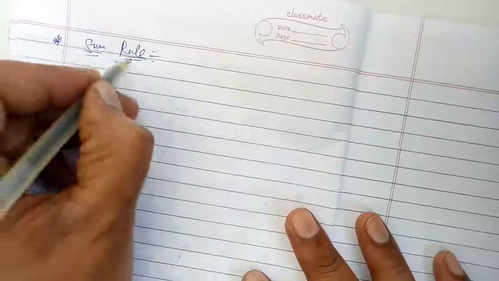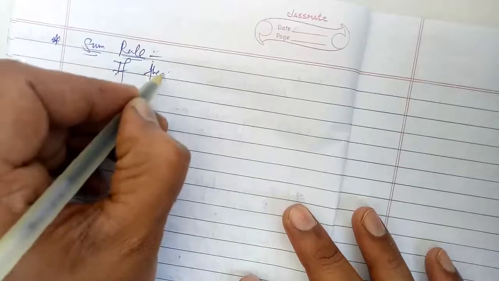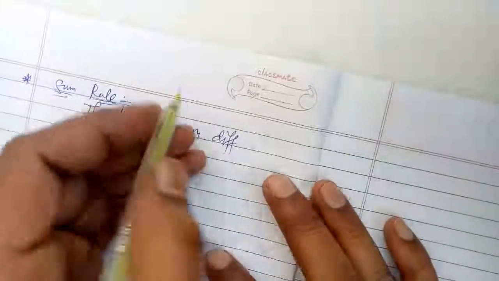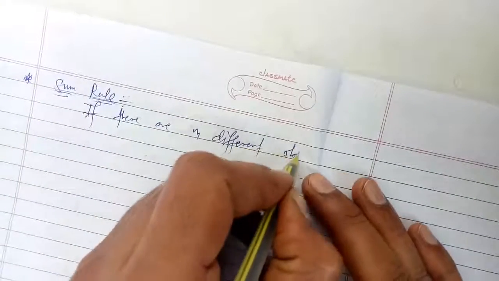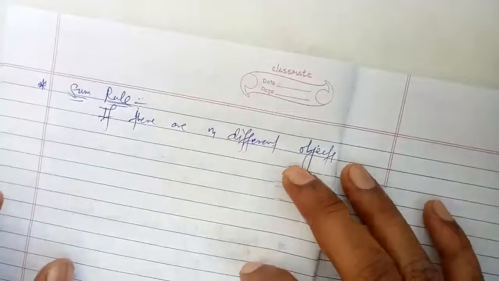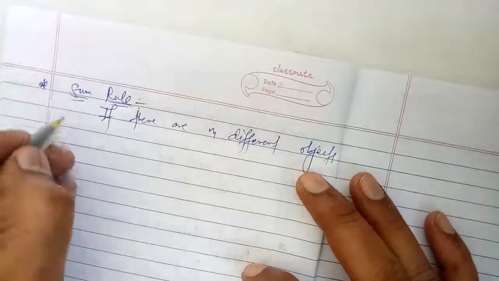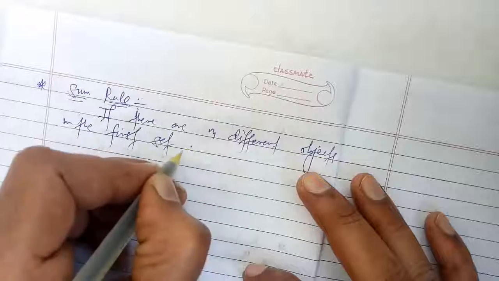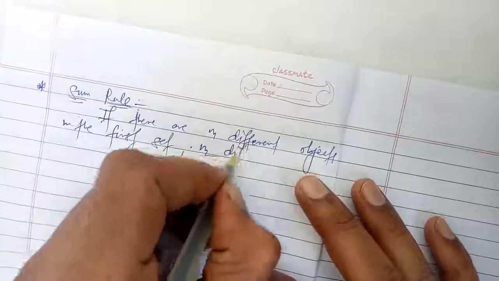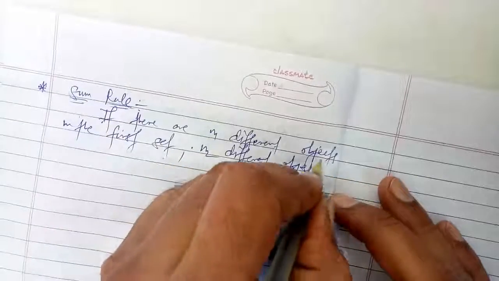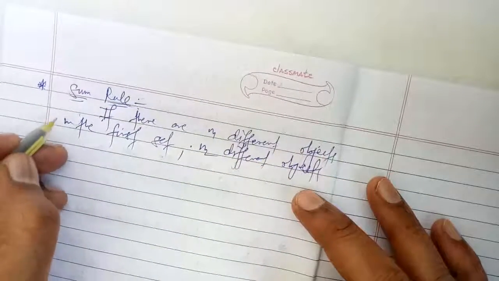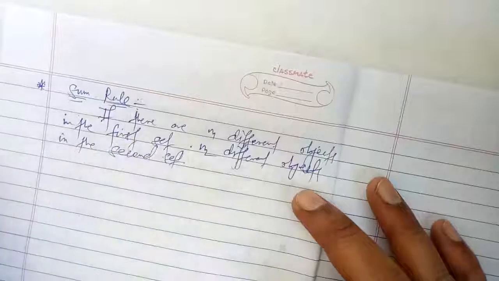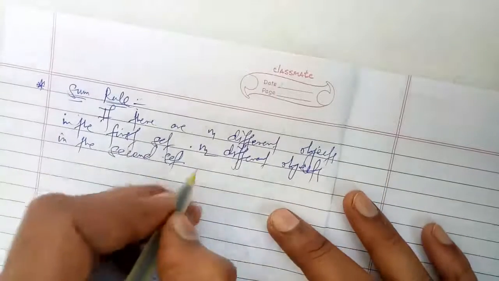So we have to define the sum rule. If there are small n1 different objects in the first set, and small n2 different objects in the second set, and